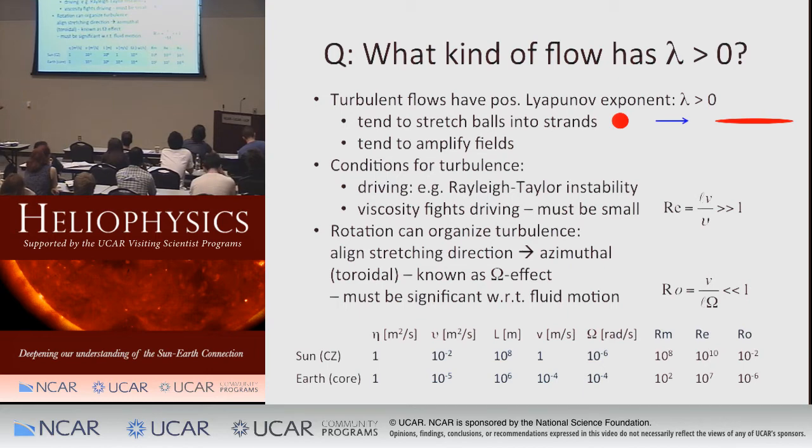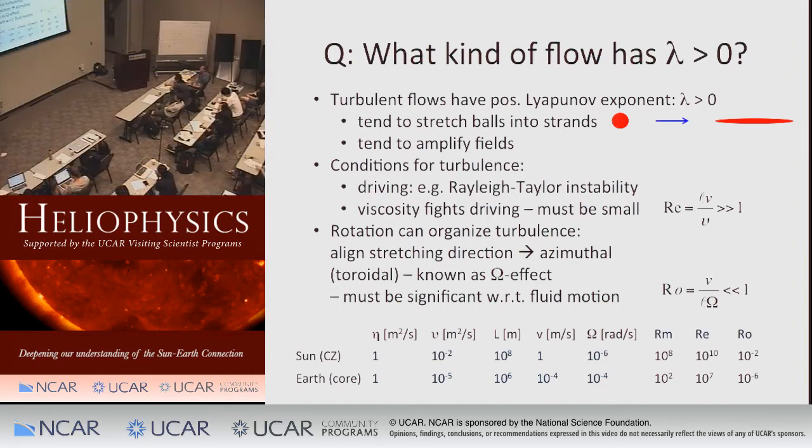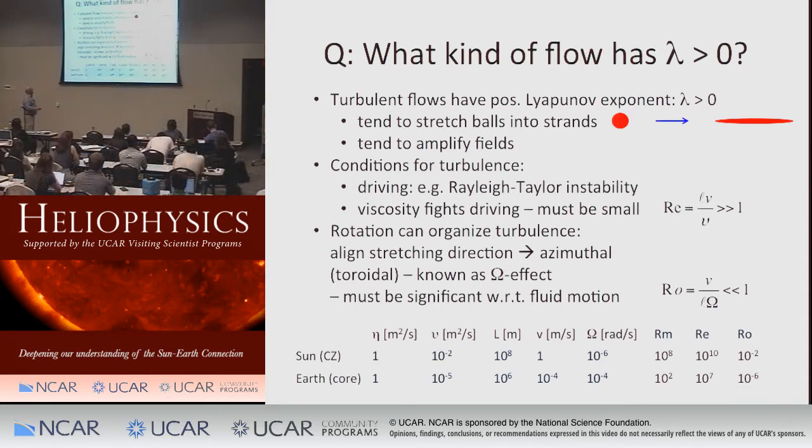Earth's story is very similar. The numbers are very different. The magnetic Reynolds number is only 100. This is basically a marginally effective dynamo. Marginally, but it works. Right? Wouldn't be my choice for a dynamo, but it's what we got. The Reynolds number, though, is 10 to the 7. Its viscosity is much, much lower. It's smaller. The Earth is smaller than the sun. The velocity is much, much lower. But it's enough to give us a